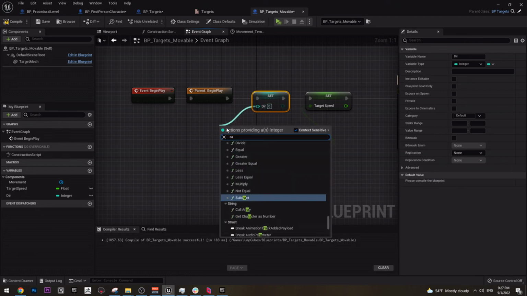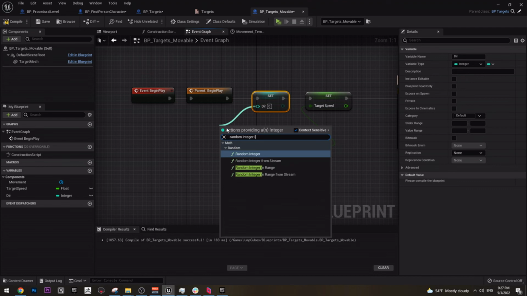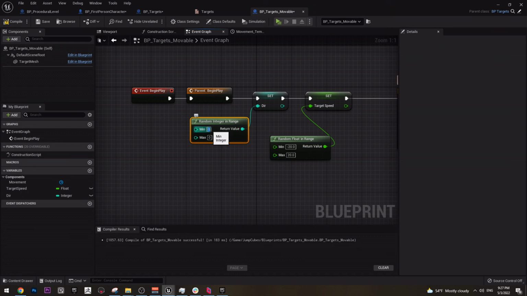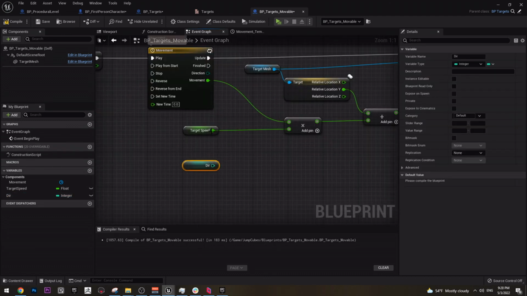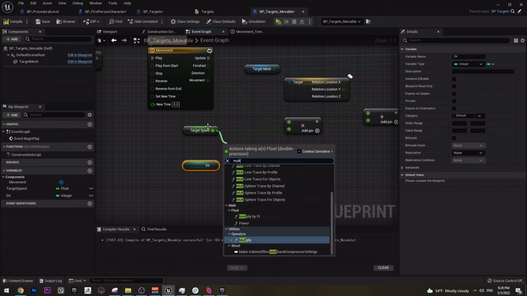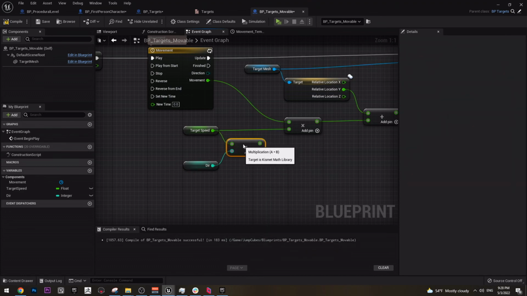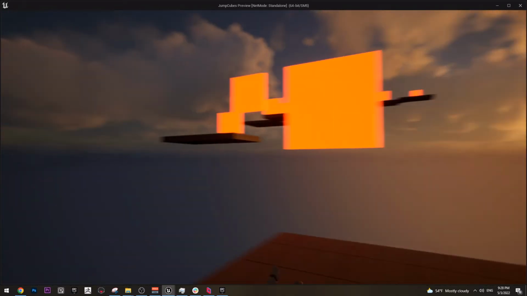Again, random integer in range, and we're going from -1 to 1. Let's say -1 to 1, and now here we're going to multiply our speed, actually our speed with our direction, then multiply it with the time, and now we will have